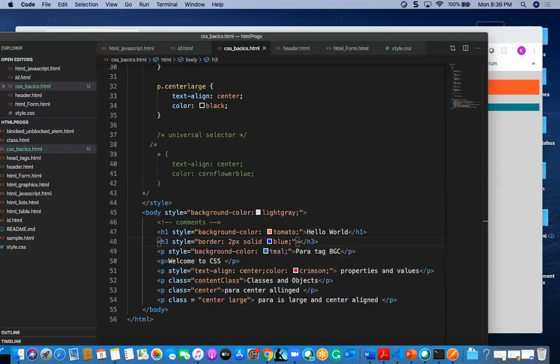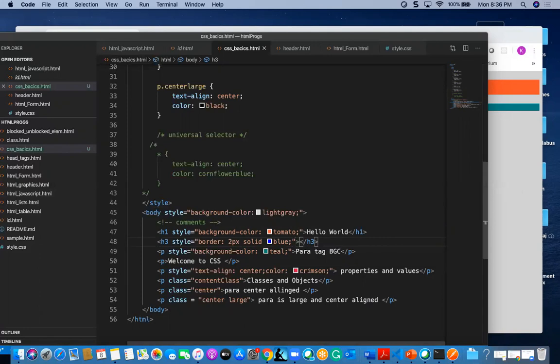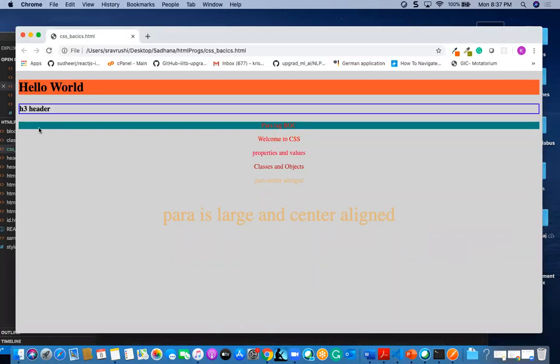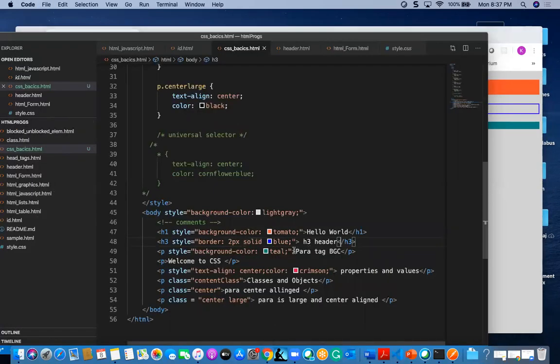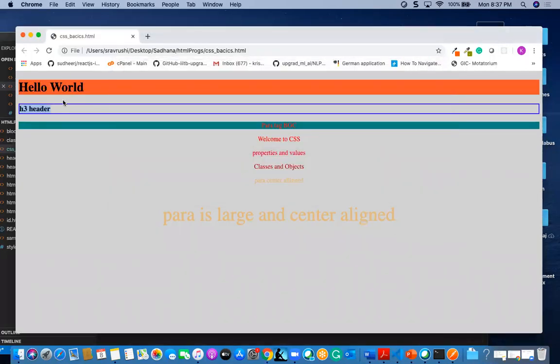And here I am going to mention some text, H3 header. Once I mention that, I am able to see the border around this H3 header.